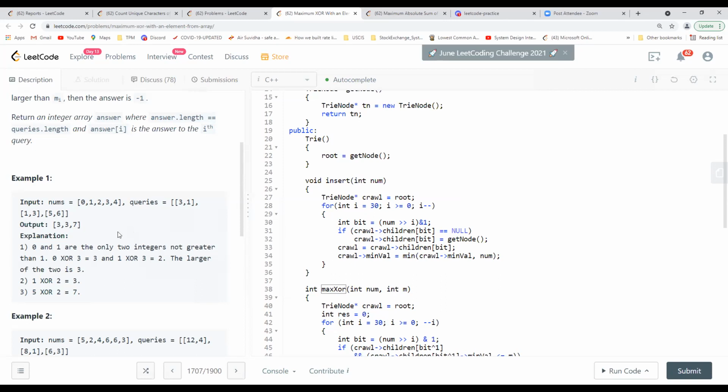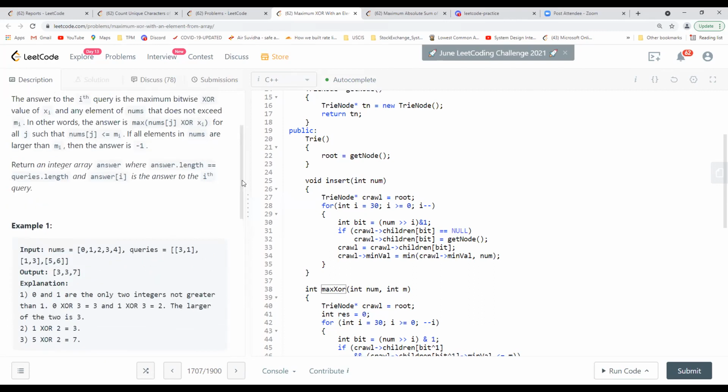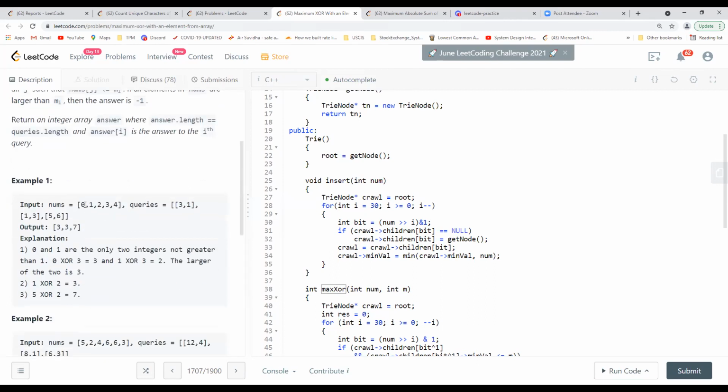But if the queries are dynamic, I don't think that will help. I mean, here it's a fixed query already. Yeah, for this scope it is okay. So the way his implementation was, you sort this array, and you sort the queries by the limit. Whatever max value you have at that particular query, you only insert those numbers in that trie, right? Yes. And only then you start working. Okay, yeah, that makes sense.